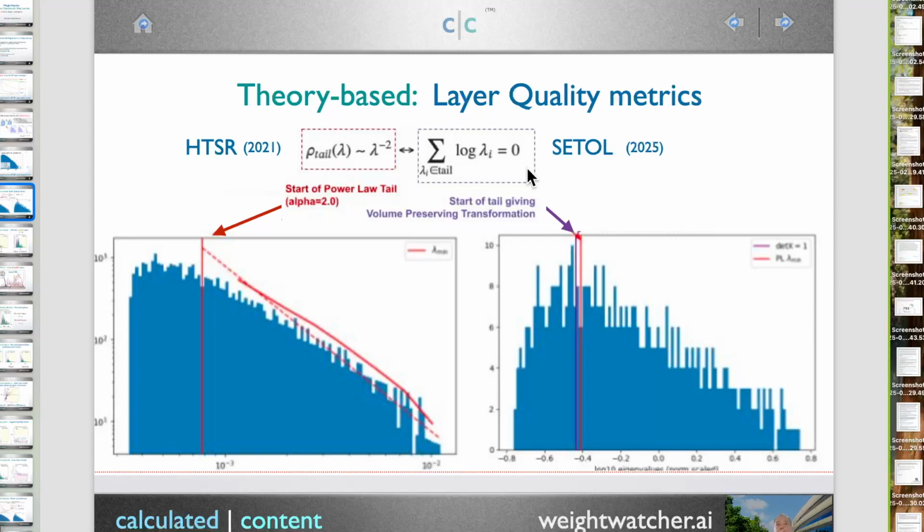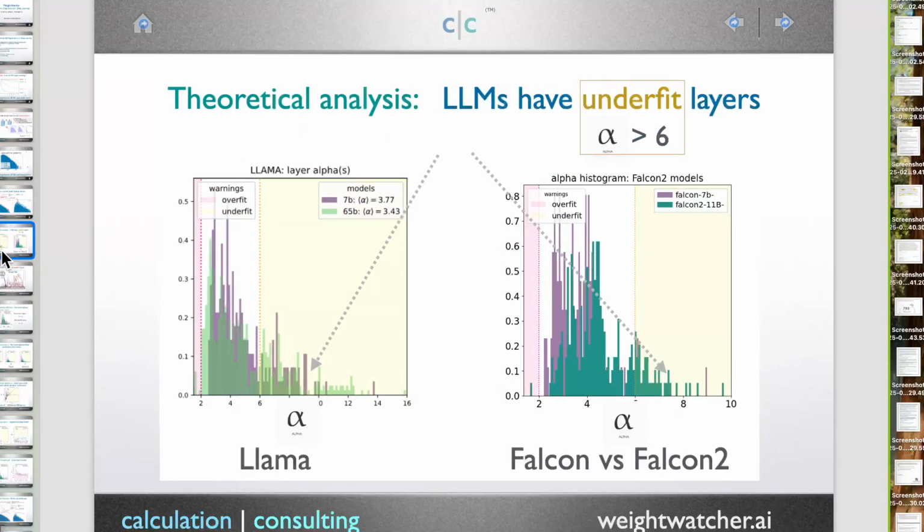They co-occur. And there are some deep theoretical reasons for this, but the important takeaway here is that you can use these metrics to determine how well your layers are converging in a model. So let me give you an example. Let's take a look at a big model like Llama or Falcon.